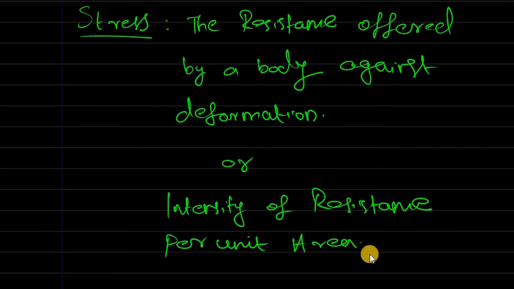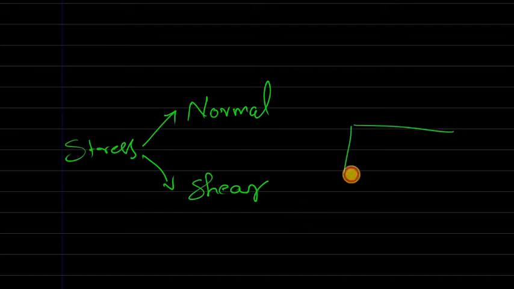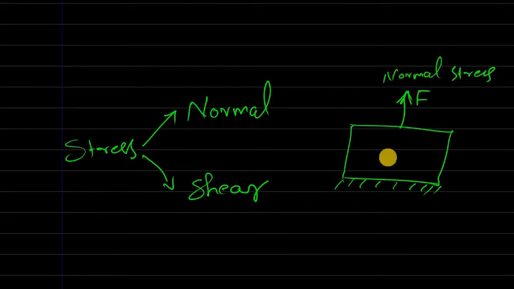There are different types of stress that are developed in a component. So now we will classify those stresses. At first we will classify them into two categories: normal stresses and shear stress. Consider a body like this. If you are applying a force on one of its faces, assuming that the body is fixed here, then some stress will develop inside this body. Since the direction of force is perpendicular to the surface, we will say the stress developed in the body is a normal stress due to this applied force F.